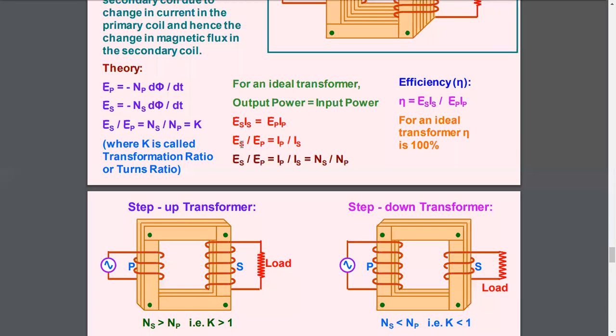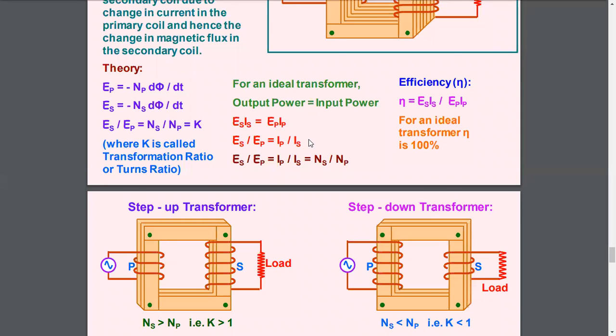So here we see the ratio of EMF induced in the secondary coil to EMF induced in the primary coil is just equal to the ratio of current in the primary coil to that in the secondary coil. So we see here that EMF induced in the secondary coil is inversely proportional to current flowing through the secondary coil. And this is also called the transformation ratio or turns ratio. So here once again we get another relation, turns ratio or transformation ratio. The transformation ratio is just reversed if it is expressed in terms of current.